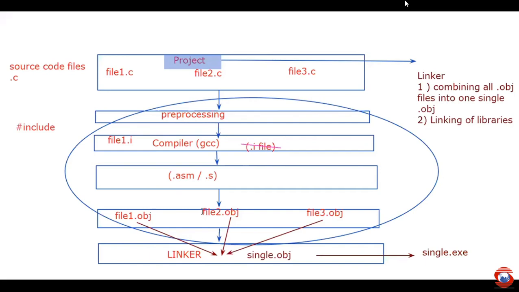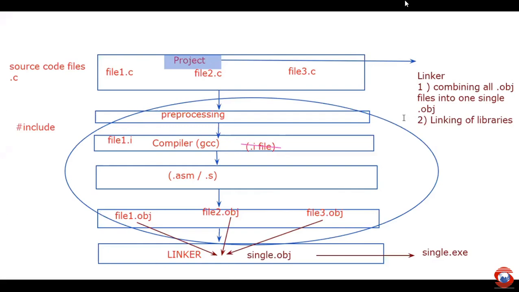Linker will combine multiple obj files, perform some linking operation between them and generate one single obj. If a single obj is created, then it generates one single exe file. And that is the reason that for one single application, there is only one exe file, because whenever we convert our project which has multiple files, they may generate multiple obj files, and